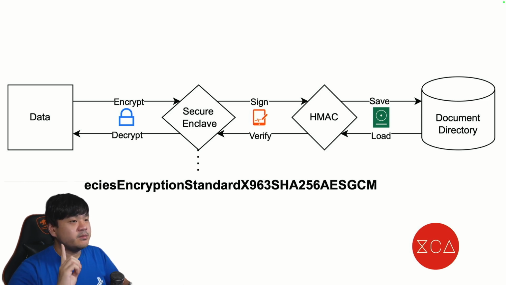Next up, HMAC, or Hash-Based Message Authentication Code. It's a way to verify data authenticity and integrity using a secret key. Imagine sealing an envelope with a wax stamp. If the seal is broken, you know that the message was tampered with. So, how do we combine these two for ultimate data security? Let me break it down step by step.